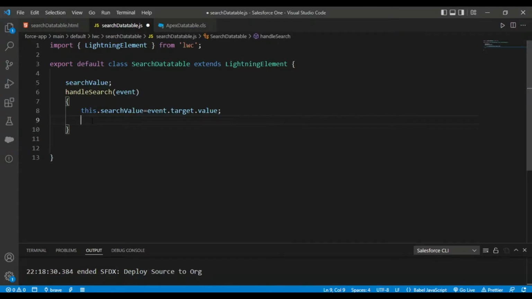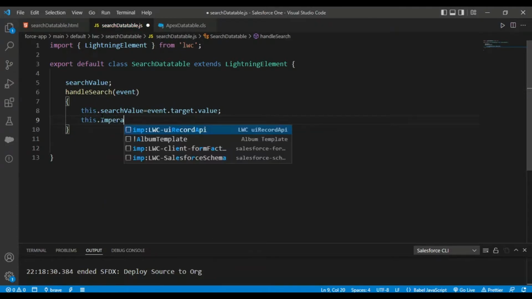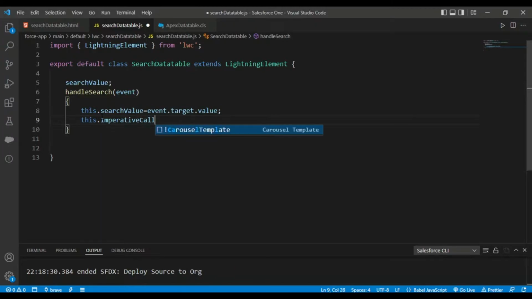So we could define the functionality in here, or we could have a separate method. The best practices say that we should divide everything into methods and not a single method. We should have multiple methods. So I am doing the same thing. So I would be making them call as imperative. So I would be using method name as imperative call,